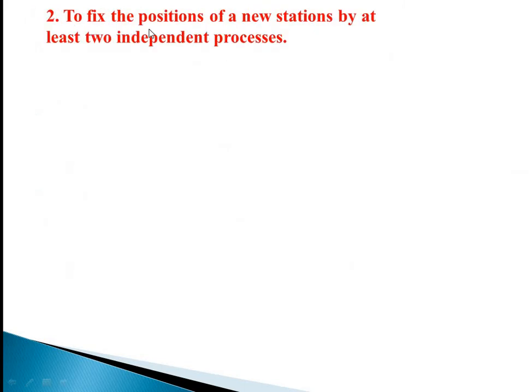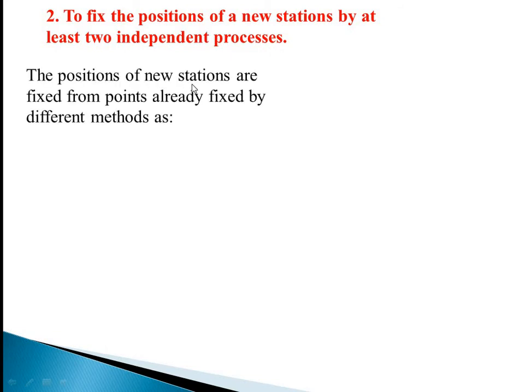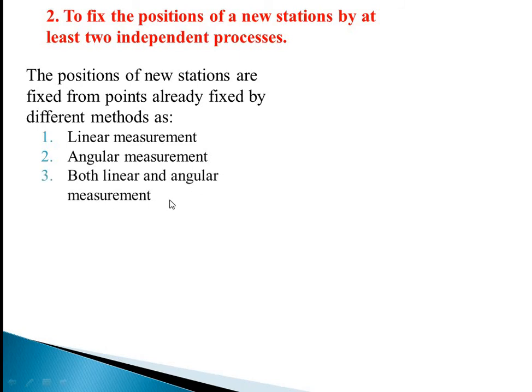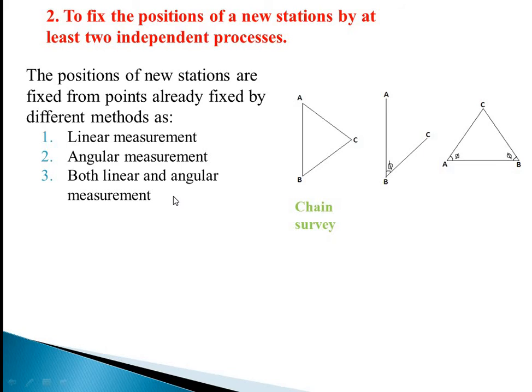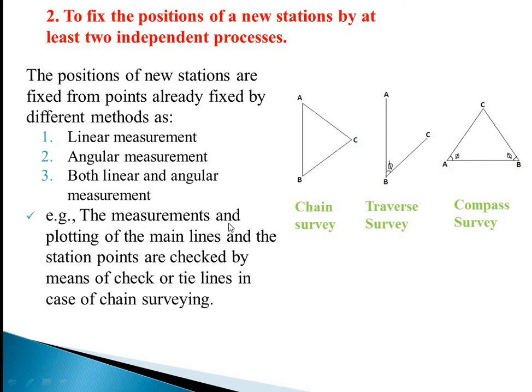Then, to fix the positions of new stations by at least two independent processes. The positions of new stations are fixed from points already fixed by different methods such as linear measurement, angular measurement, or both linear and angular measurements. Linear measurement refers to horizontal distances measured by chain or tape. Angular measurement refers to the magnetic bearing or horizontal angle taken by prismatic compass or theodolite. For example, measurements and plotting of main lines and station points are checked by means of check or tie lines in